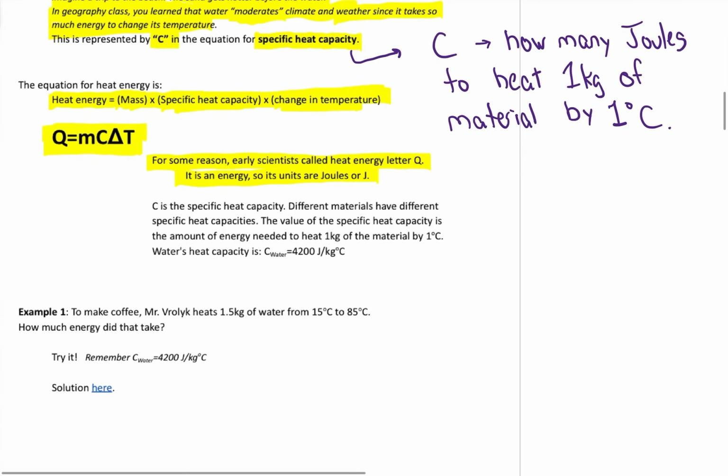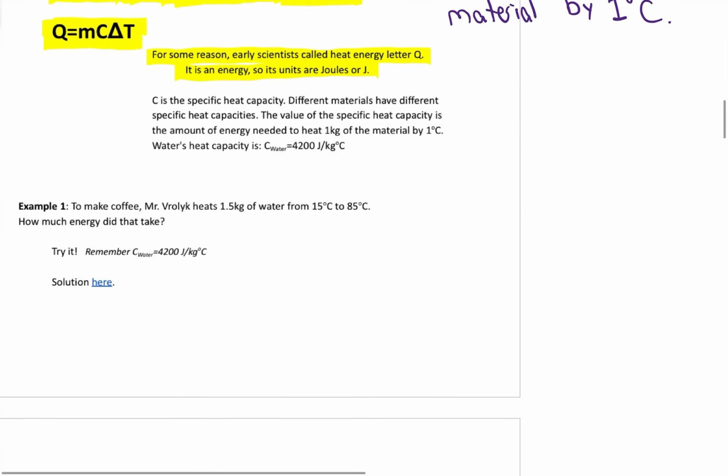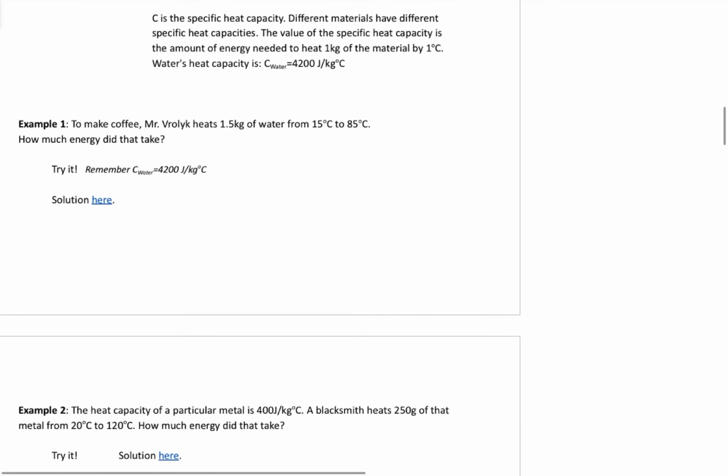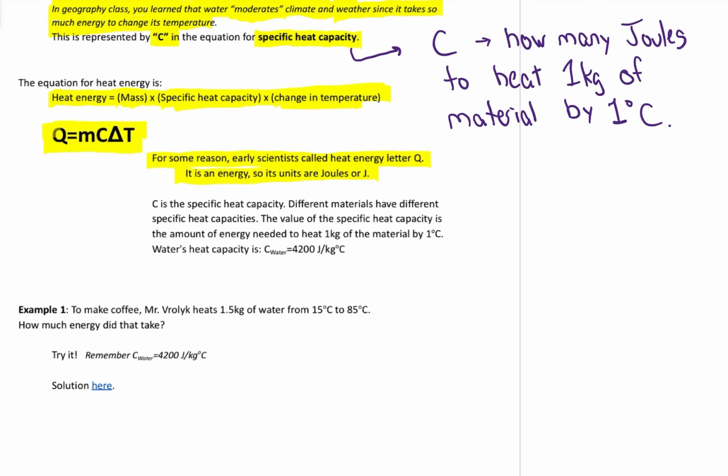I'm going to pause the video soon and run a second one for the second part of the lesson, but just a couple little things. Take a look at this one. Well, actually, let me scroll back. Q equals mc delta T. There's 4 parameters, 4 properties in that equation: the Q, the M, the C, and the delta T. If I tell you 3 of them, you should be able to calculate the 4th.